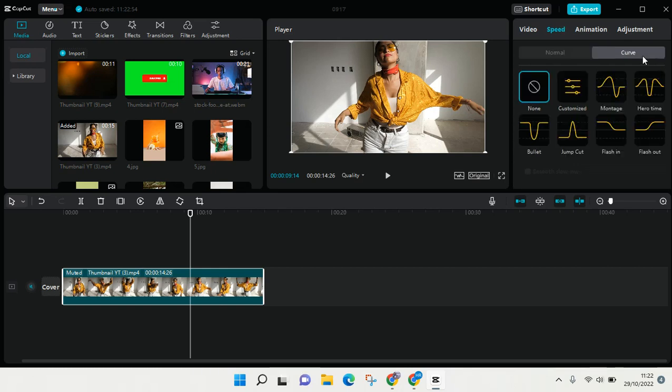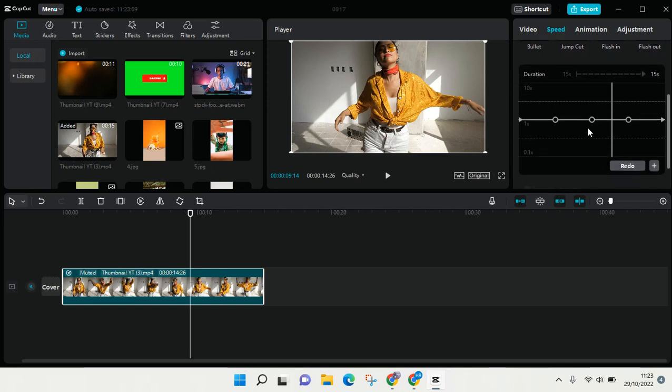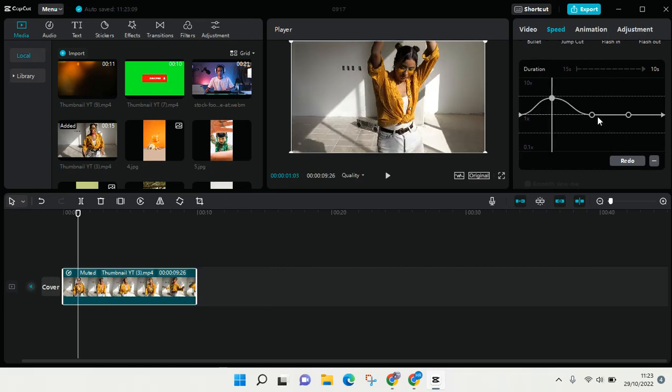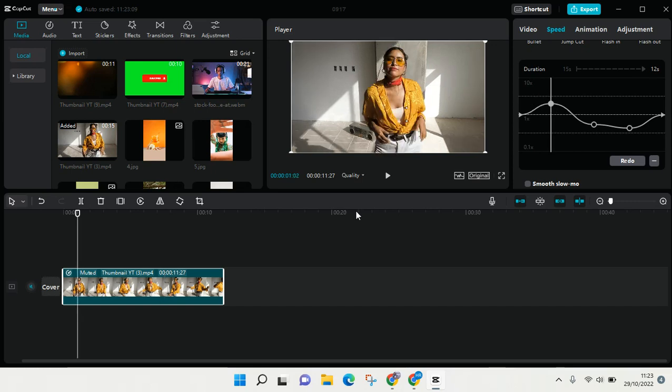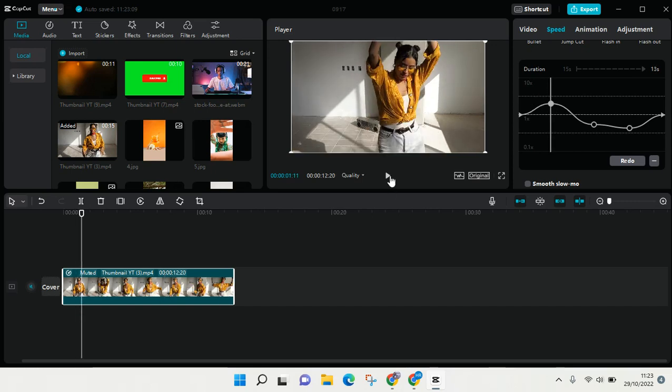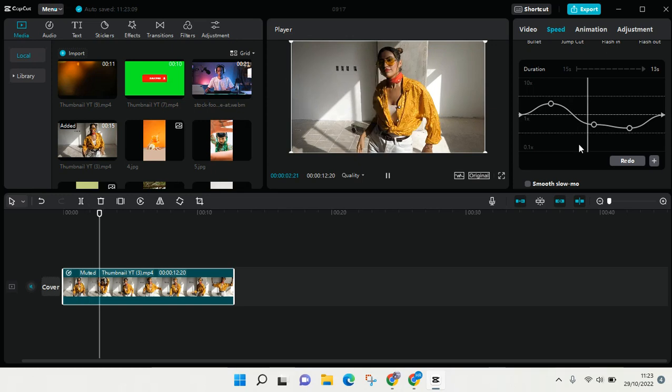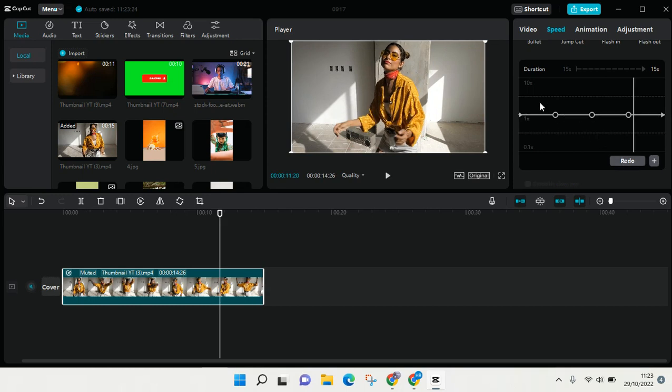can see curve, and in the curve there's like a preset of speed that you can choose, like there are 6 of them, but you can also customize it on your own just by dragging these circles up and down like so. You can adjust it as you want, and here is what the video looks like with the curve speed that I made. But if you want to redo it, just click on redo and it will be reset